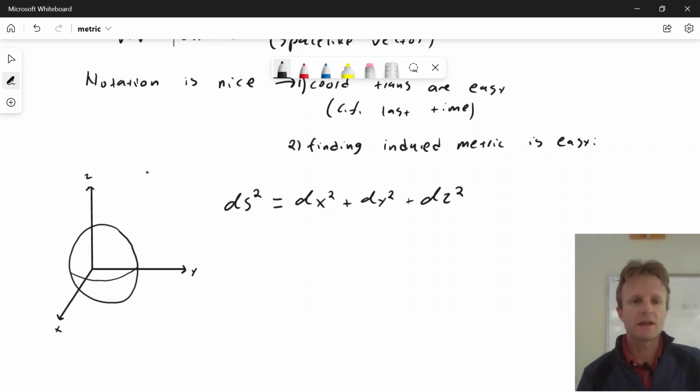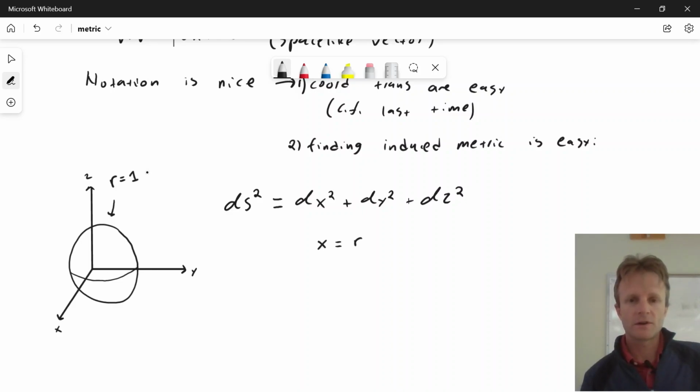Okay, so the first thing we want to do is describe the sphere nicely. So let's say the sphere is the surface r equals 1, where r is the square root of x squared plus y squared plus z squared, or we could write it as